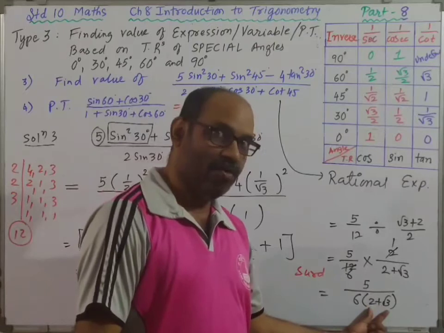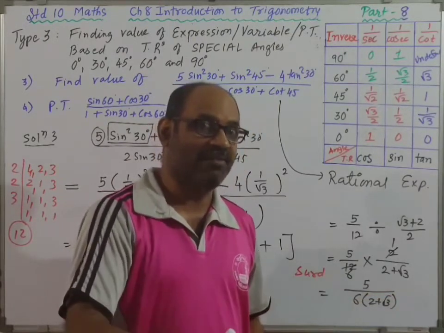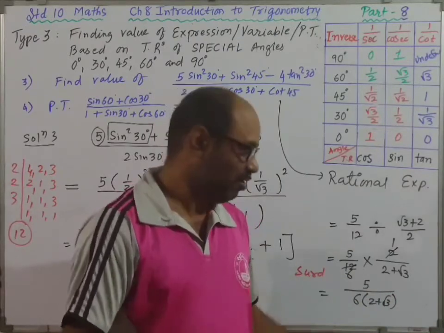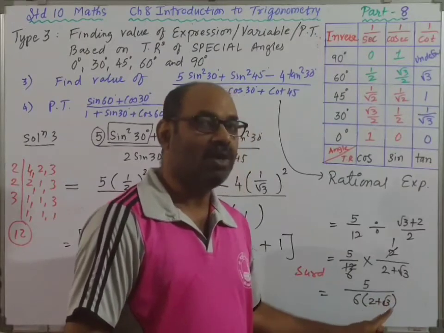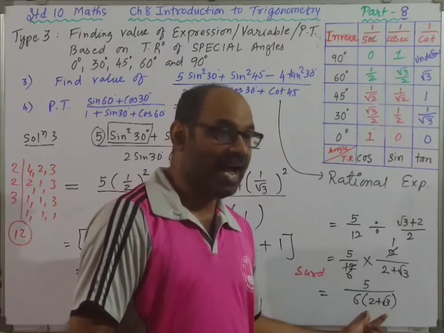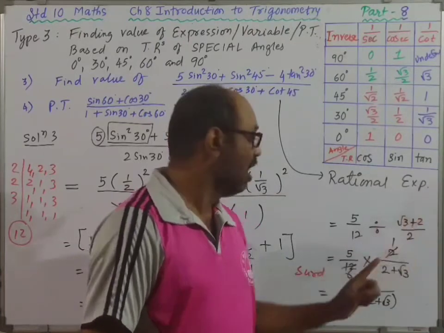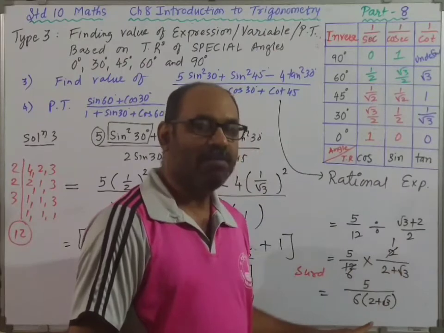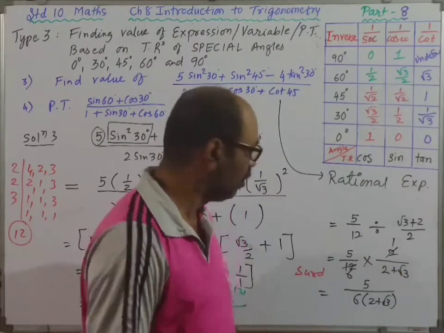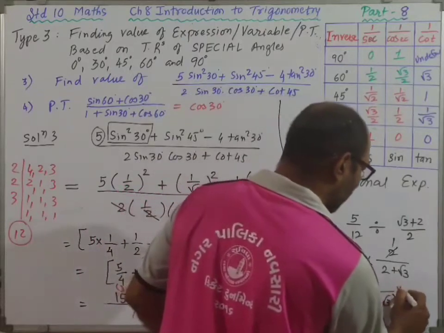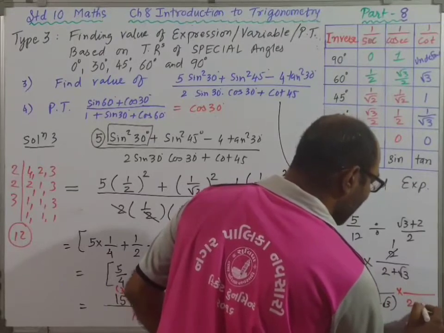This time it is a binomial. 2 plus root 3, A plus B form. So the rationalizing factor is A minus B. So you have to multiply and divide by A minus B. What is A? 4. What is B? Root 2. That's why I use the commutative property, and for root 3 plus 2, I wrote 2 plus root 3. Because while rationalizing, the first term should be bigger and the second term should be smaller. So straight away I multiply and divide by 2 minus root 3.